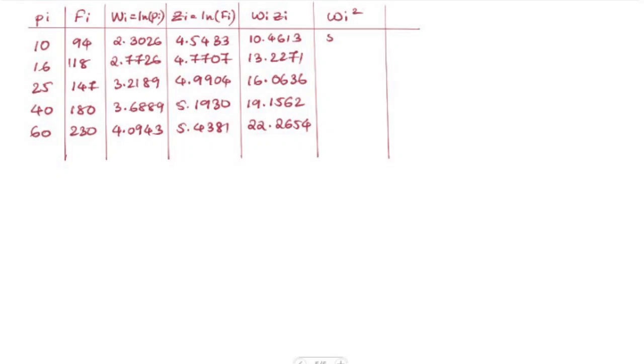And then if you square each value of the wi, which is equal to ln of pi, you will get here 5.3019, 7.6872, 10.3612, 13.6078 and 16.7637. So now we need to do the summation,